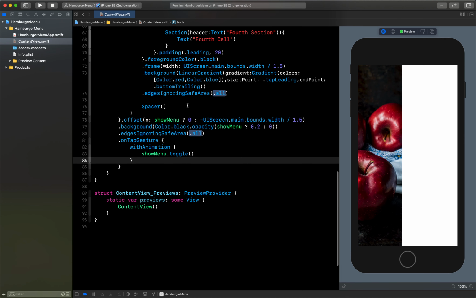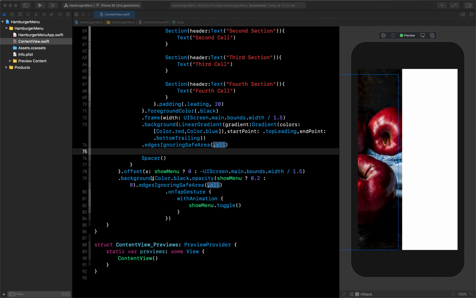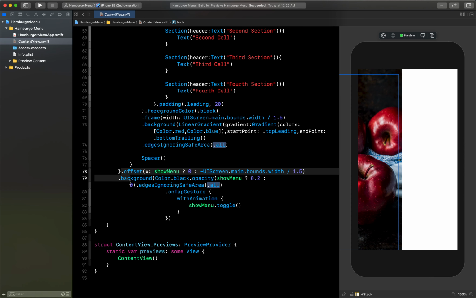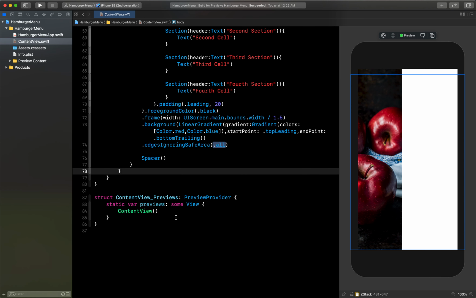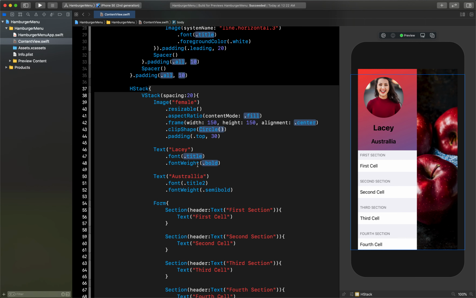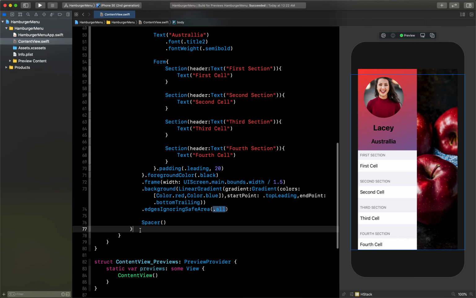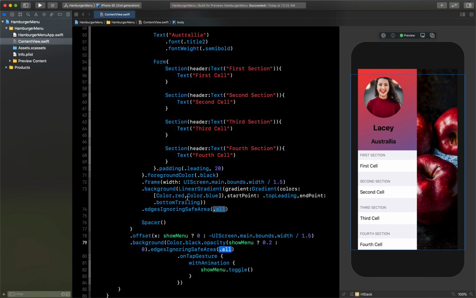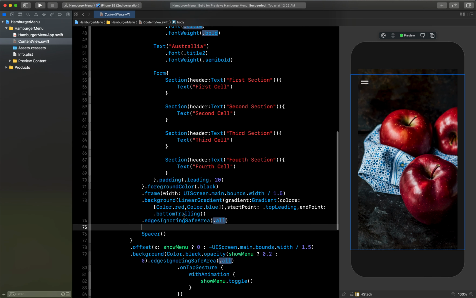So let me just check. It is 0, else it is minus screen width size. Okay, so I think we have added this offset at the wrong place. Let me just cut this, and we have to add this to our this edge stack, which is this part. So if I add the offset here, now it should work fine. So now let's run this app and see if it's working fine.